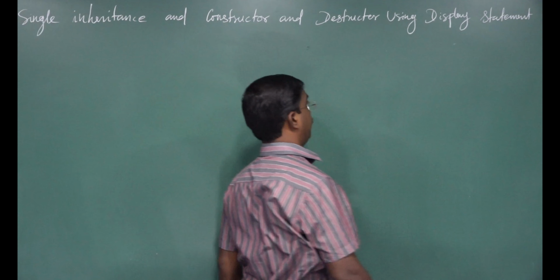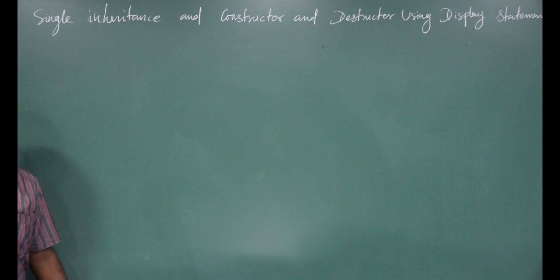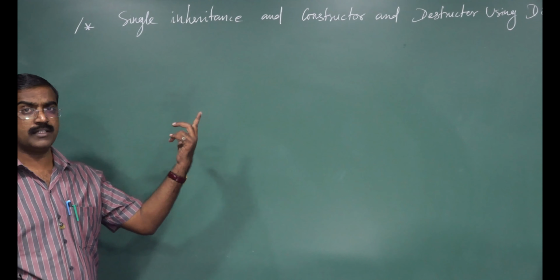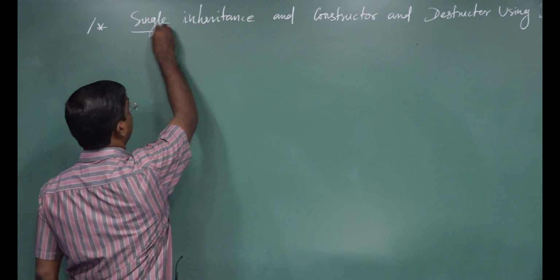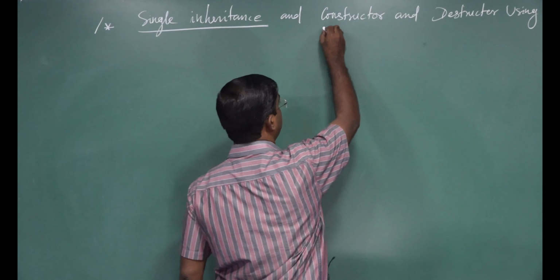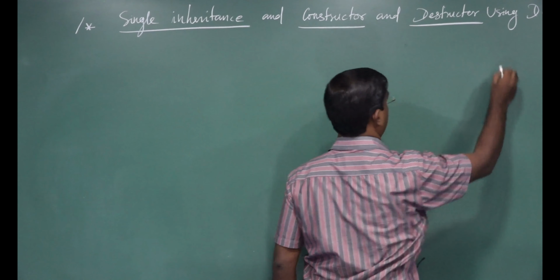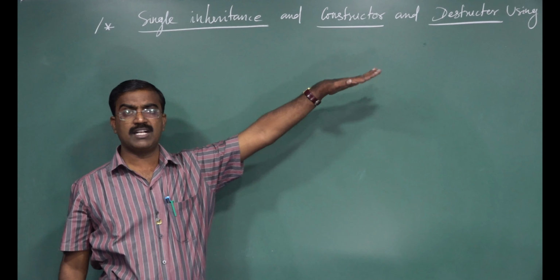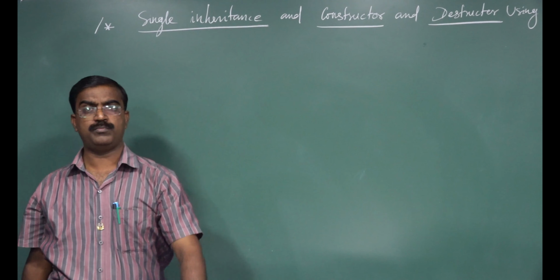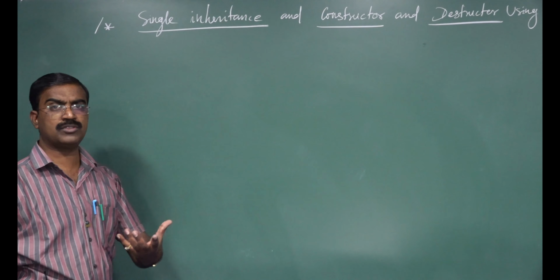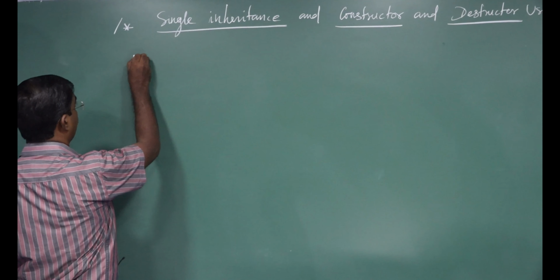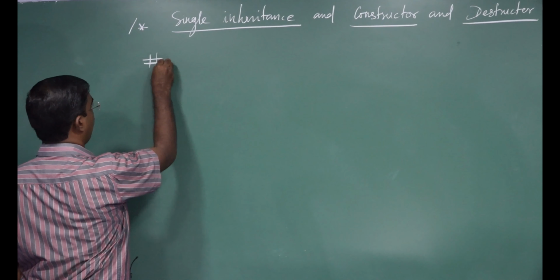Sir, what display statement? Here we know the basic concepts of OOPs, and two concepts are covered now. One is single inheritance, and at the same time constructor and destructor. In this, constructor and destructor both will come under the public scope. What is the public scope? That is what I'm going to show now by writing the code. In this program, as in every program, we know